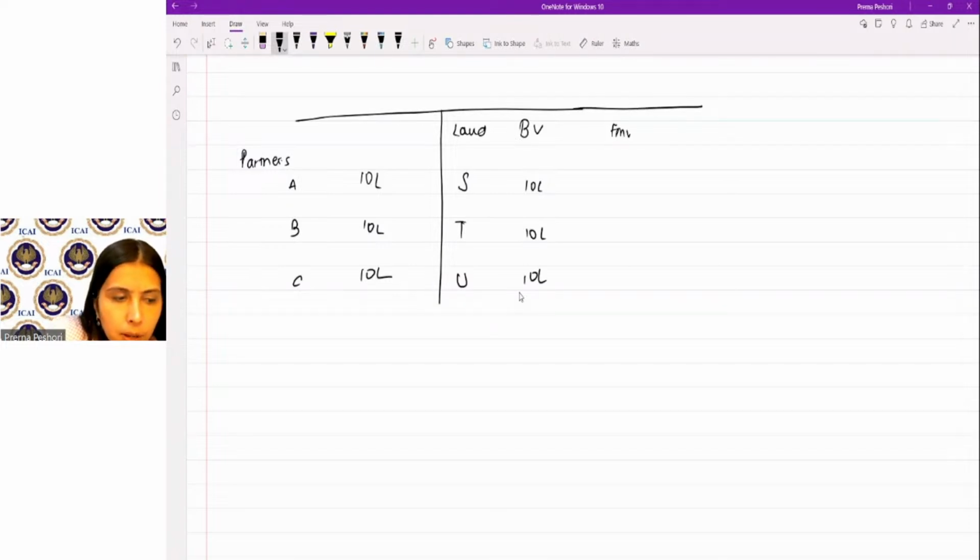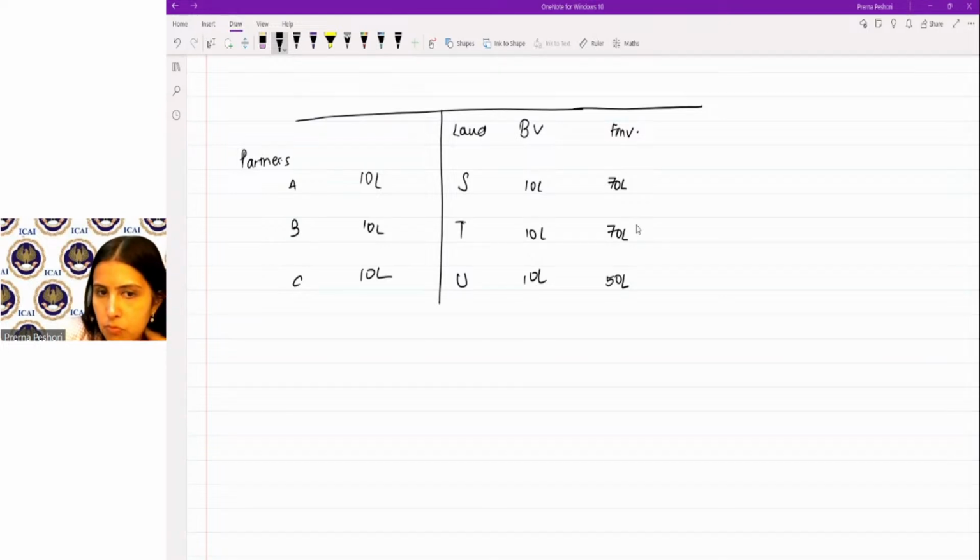The fair market value is 70 lakh, 70 lakh and 50 lakh. Right? So there are three partners having 1/3 share, 10 lakh capital, and then there are three lands. The book value is 10. Now,